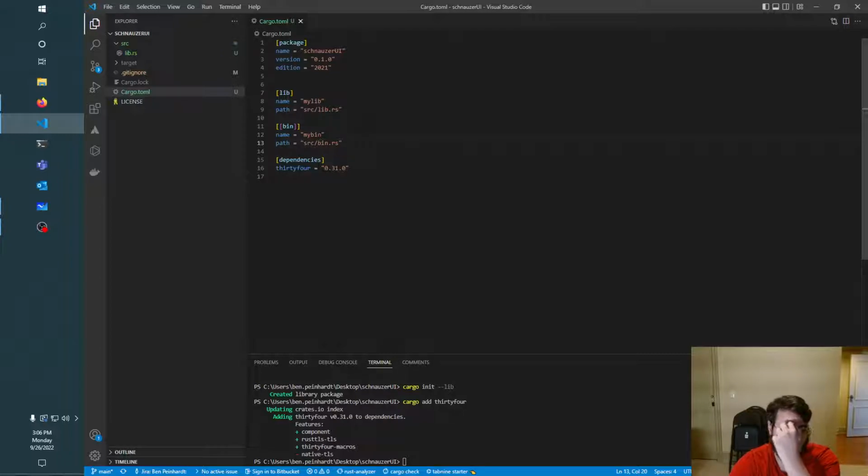Yeah, so I'm going to have the lib called lib, or well, what do we want to call this? Let's call it Schnauzer UI. That's what we're calling this project, by the way, after Eloise. And we're going to put it in source lib.rs, and then we're going to have,